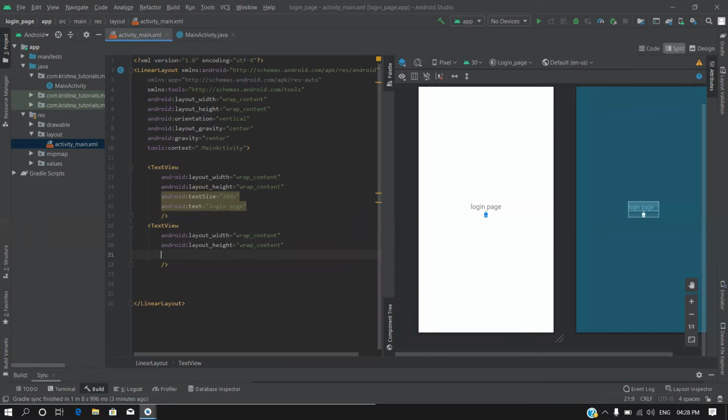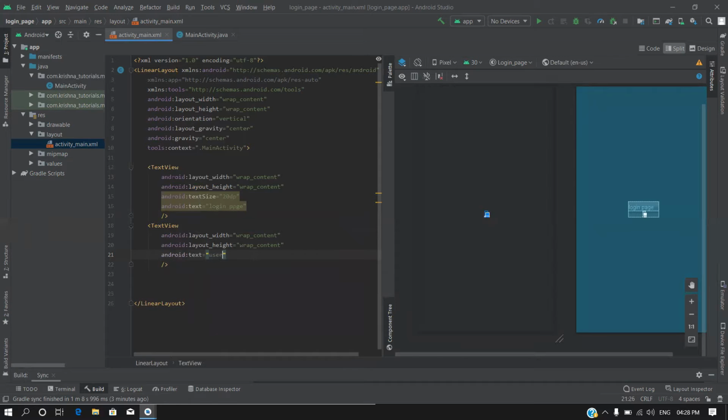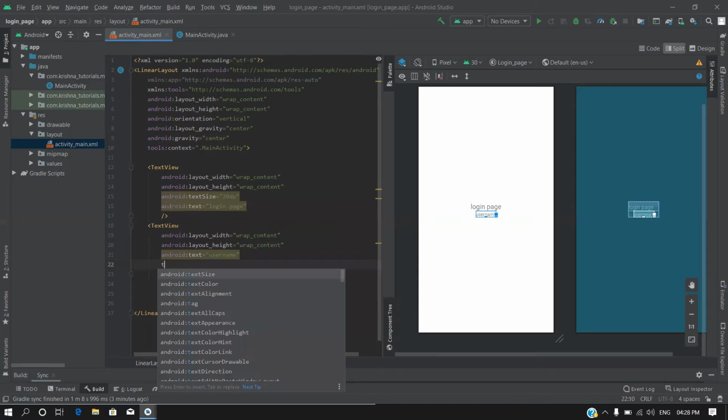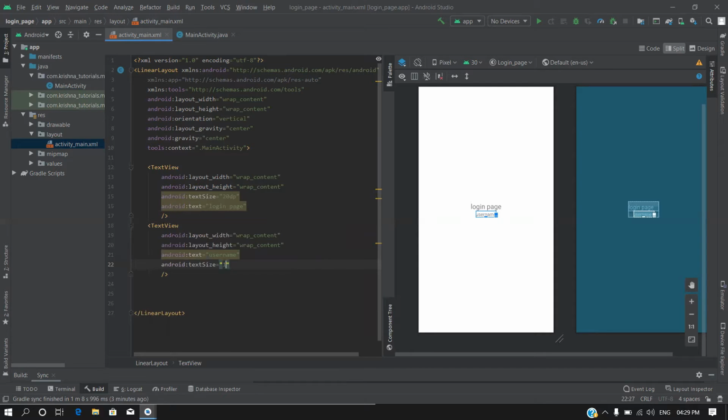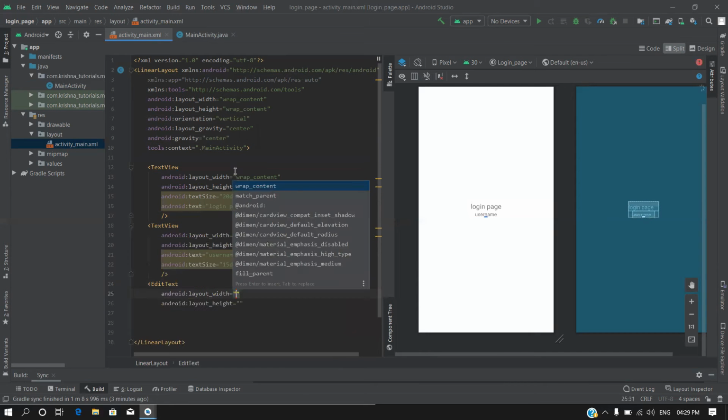We are going to give the text as, let's say, username. Give it some size, let's say 15 dp. Then take one edit text box. Edit text is a text box where we can enter some text.